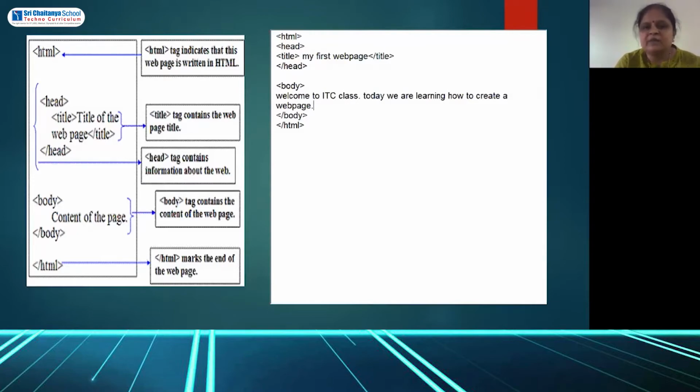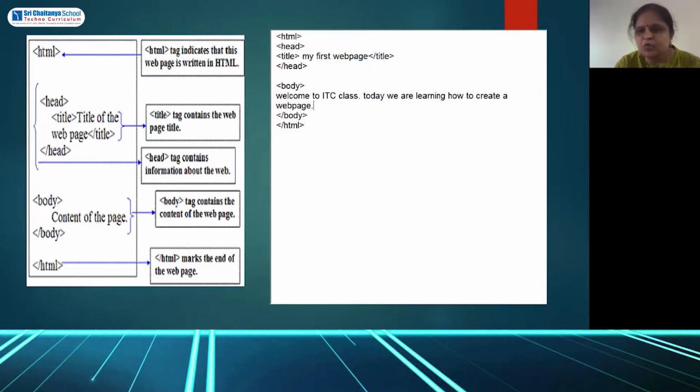So my first web page will be the title of the web page, which will be displayed on the title bar of the browser. And welcome to the ITC class, today we are learning how to create a web page, will be displayed in the page. I think it is clear for you all.